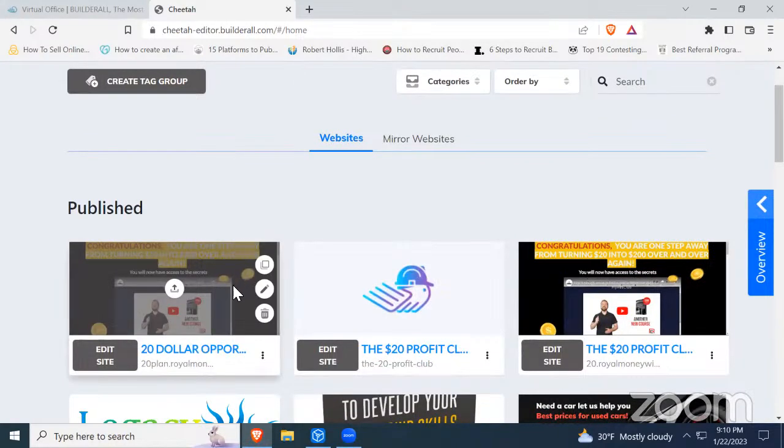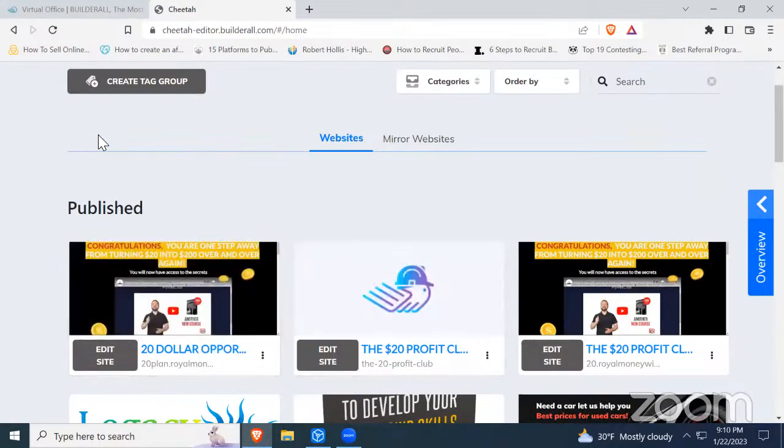But if something is not published in your web page area, you won't be able to receive sites or funnels inside of your Builderall account. So that's important to know. Because I was on support, like, hey, I didn't build this site. I'm trying to get it to my client. What's going on? And they're like, oh, they just need to have a site published. And I was like,